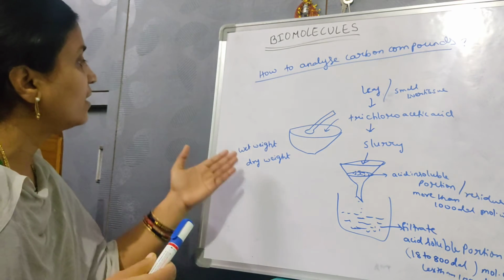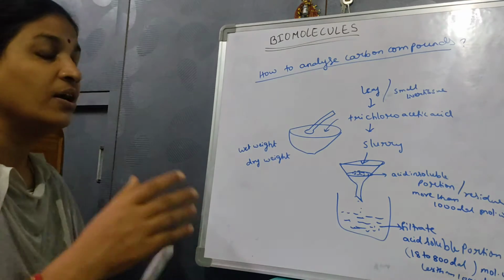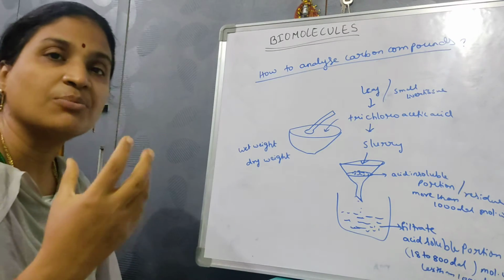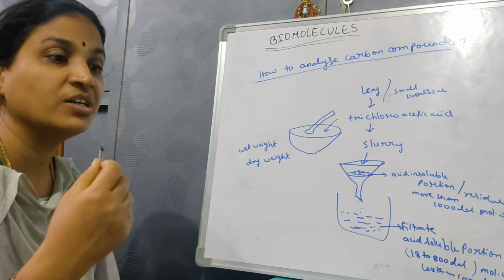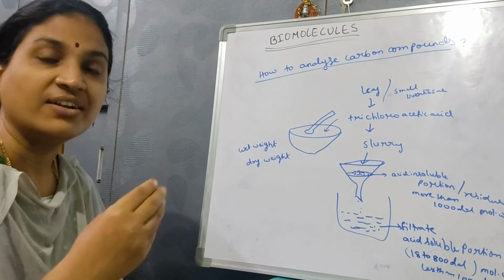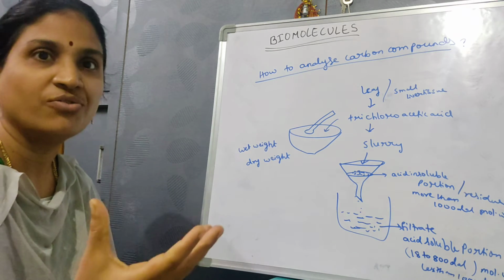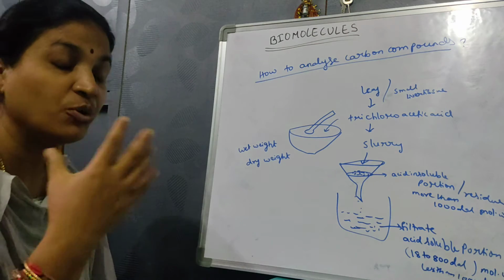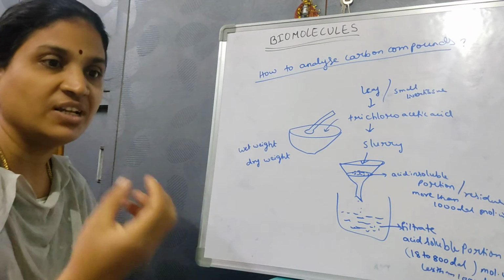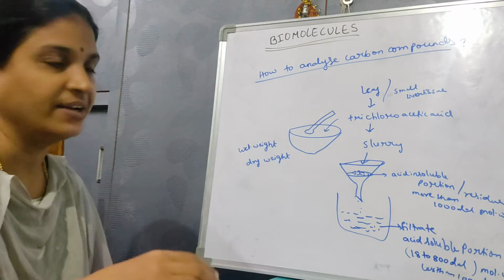So why do we have to calculate this wet weight and dry weight? Because it is going to say something about the chemical composition, something about the adulteration. If any adulteration has been done, we are going to identify the purity of it, of the living tissue, of the living thing, of the product.